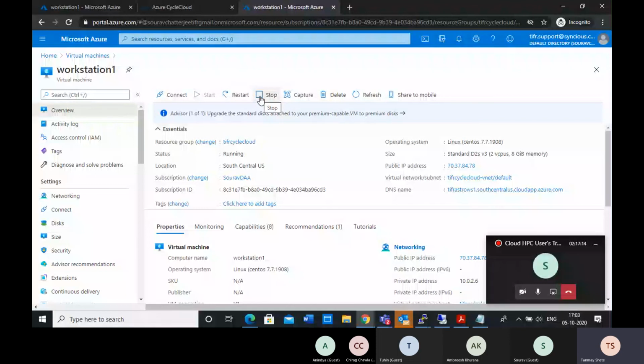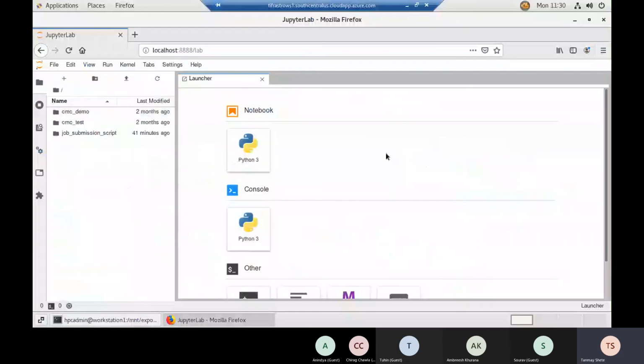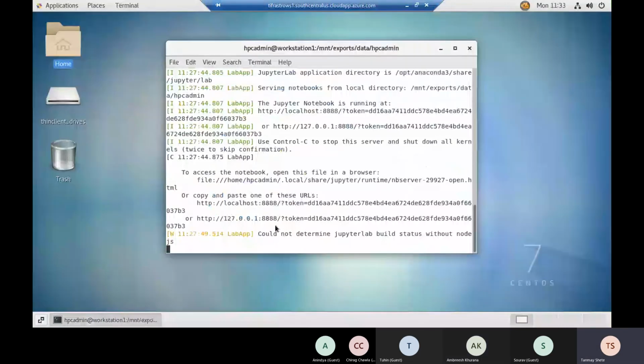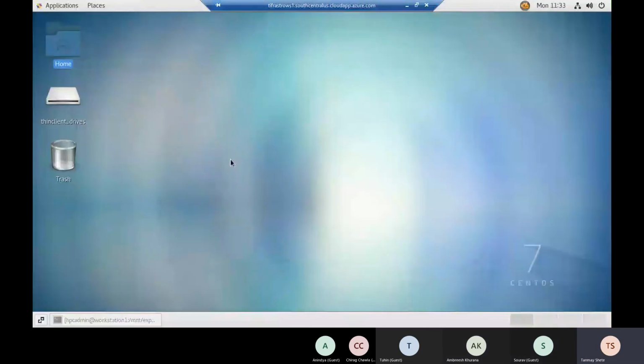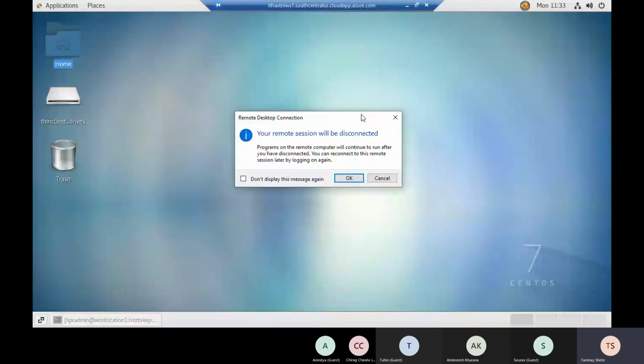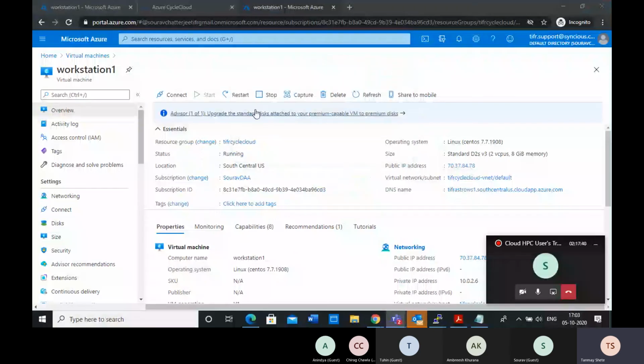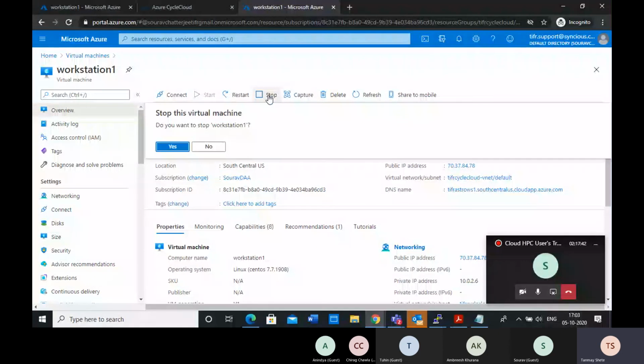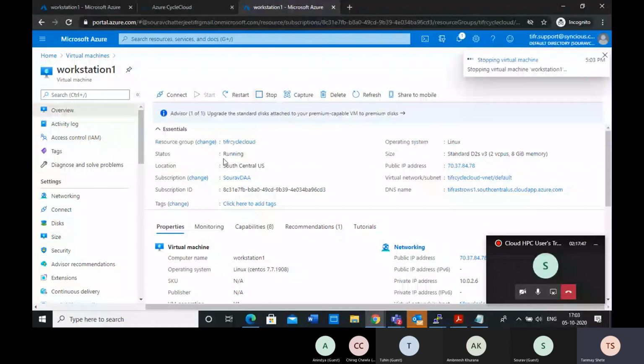So for example, now I just open this, I will close this, I may save everything. Once I save, everything will be part of this MNT exports data, for example, and I will close this window. But closing this window does not mean the machine is stopping. It is just me closing the window from the front end. You have to click the stop button. So I am clicking the stop button. Once you click the stop button, the machine will actually stop.